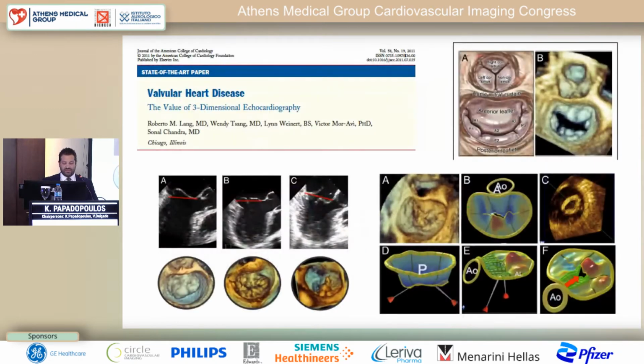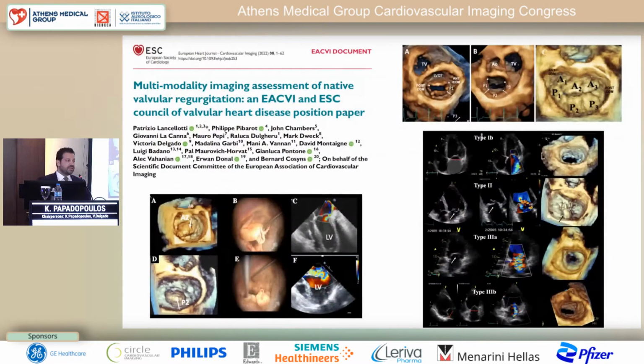of the valve. 3D echo helps us understand, with the MVQ model or the 3D en face view, the indentations, the prolapsing parts, and the tethering of the leaflets. We can measure correctly the area and the opening of a stenotic valve, and it's of great value. And you can see that the surgeon's view has a strong correlation with what we see in 3D imaging,